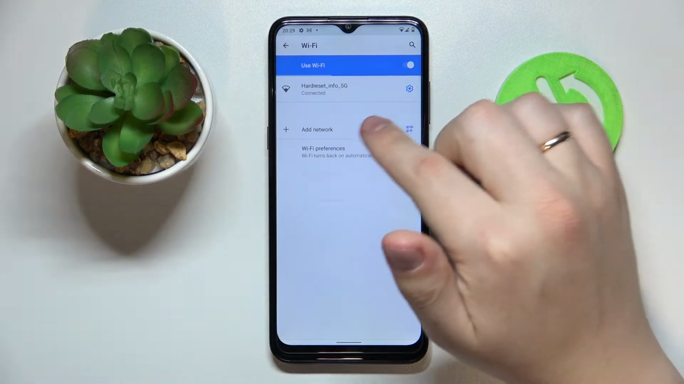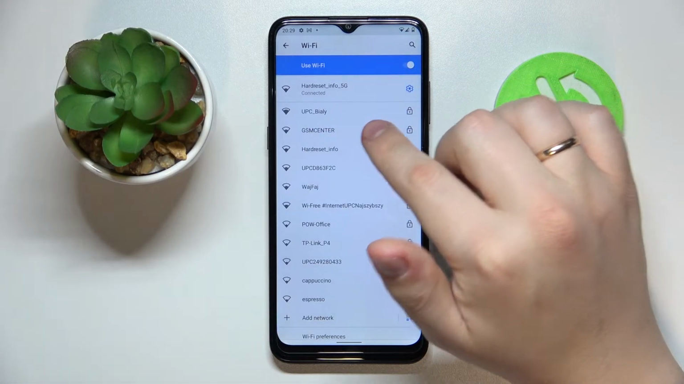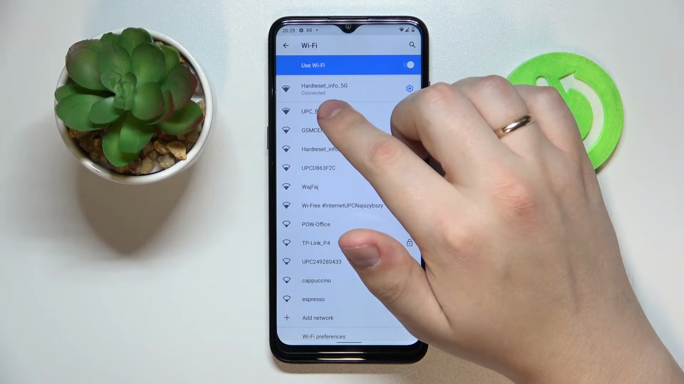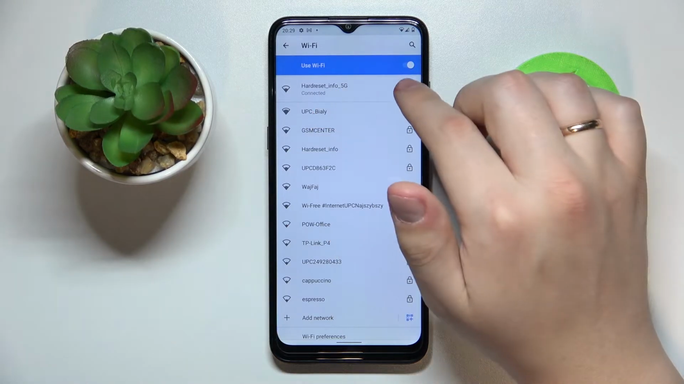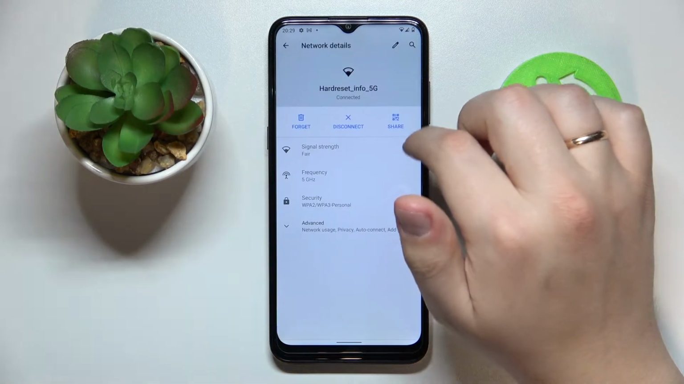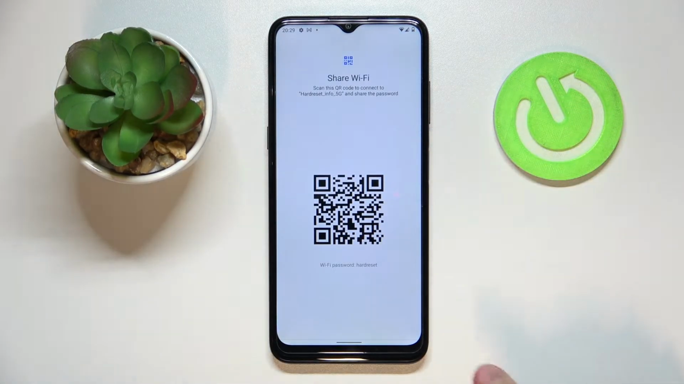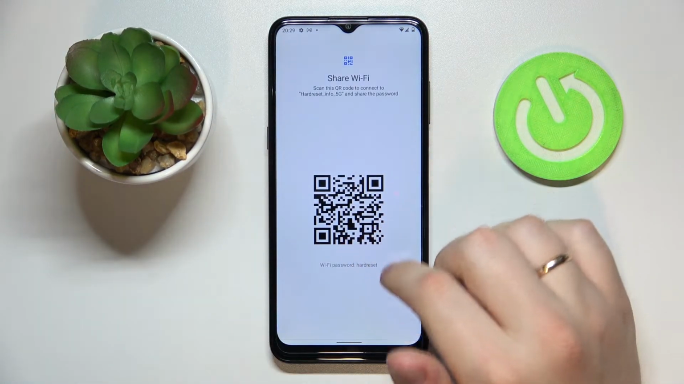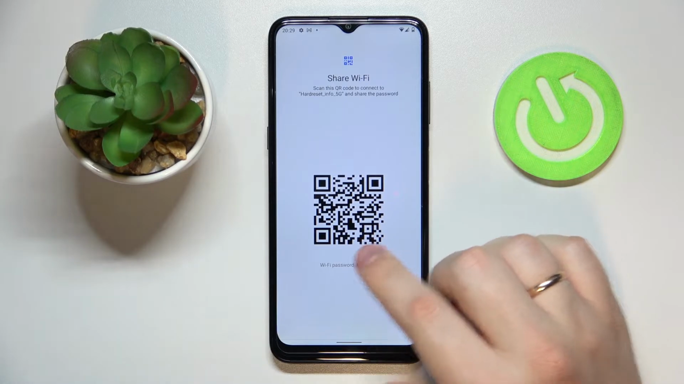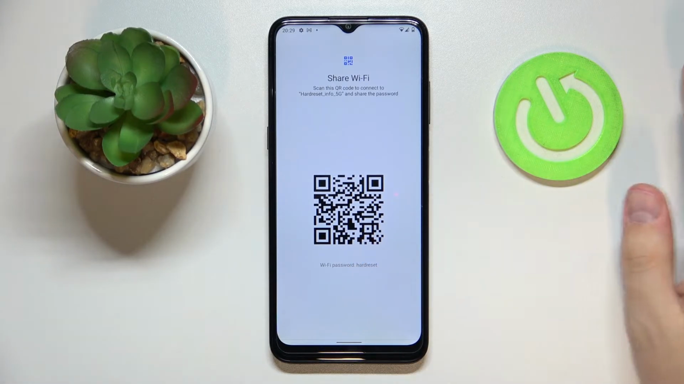Here at the Wi-Fi settings page, choose what network you would like to share the password of. In my case, I'll go with this HardReset.Info 5G Wi-Fi network. Tap on it. At the network details page, tap on the share icon. And as you can see now, right below this QR code, we have the actual Wi-Fi password that is linked